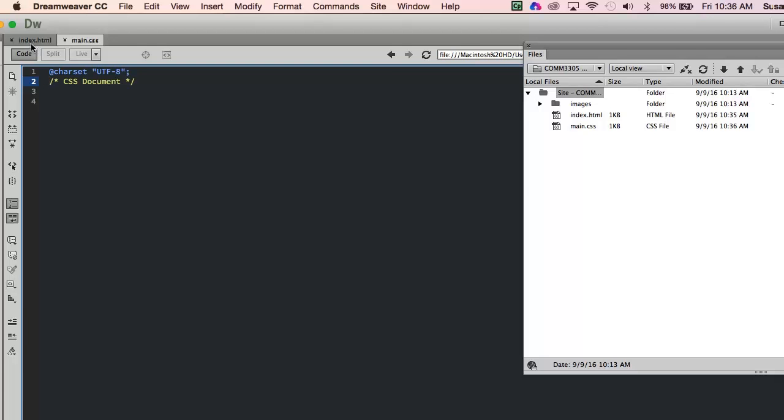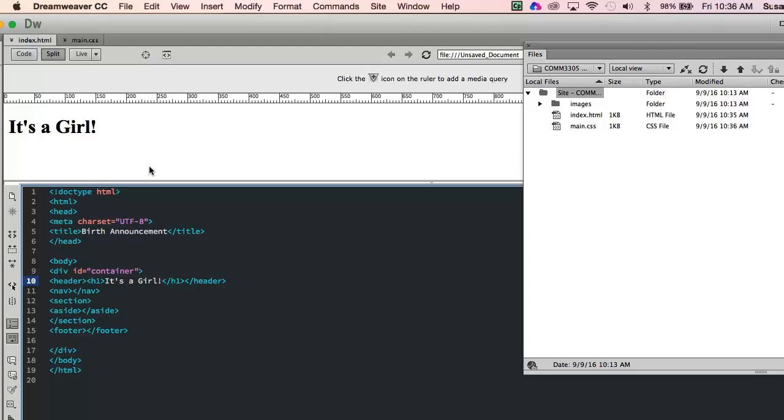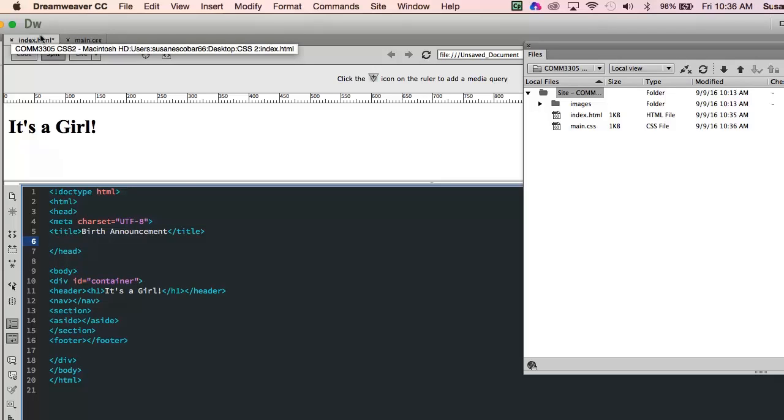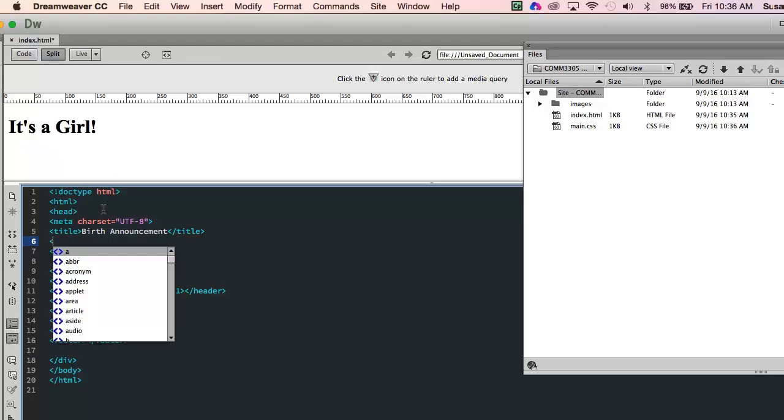Okay, so now in here I have to make sure that this CSS is linked to this page, so that whenever we put information on this, it will show up on the page. So I'm going to go in here. And also a thing to watch is, watch up here. Right now I can close that main and you can't see any reference to it here. But when I go in and I link,